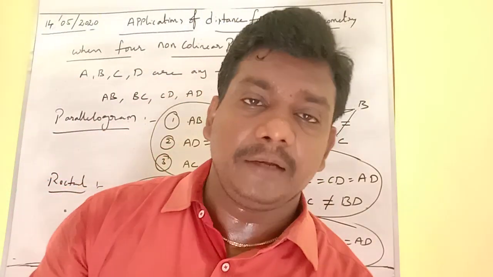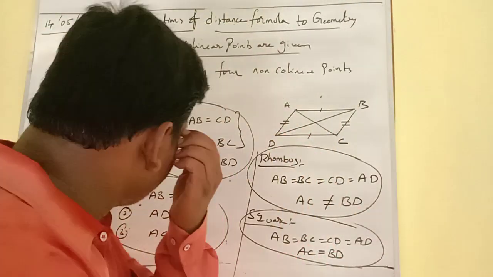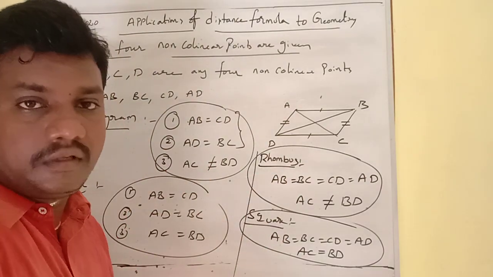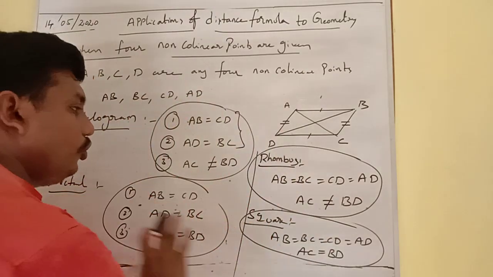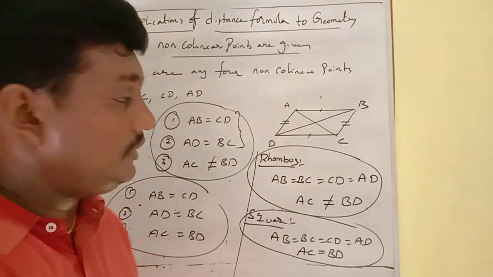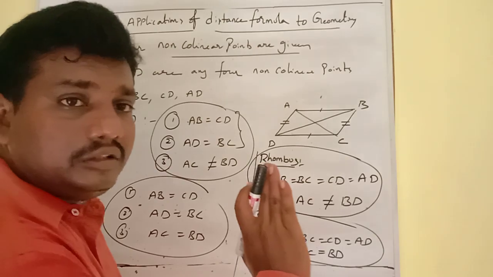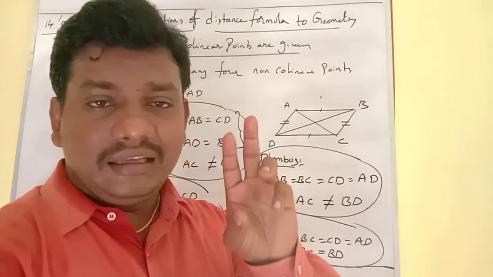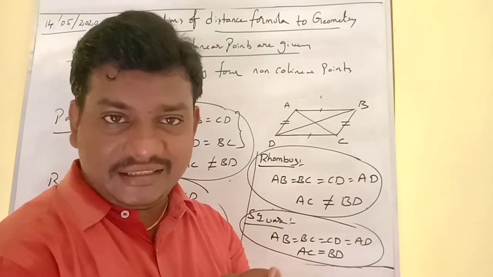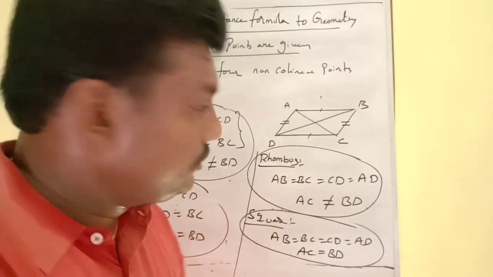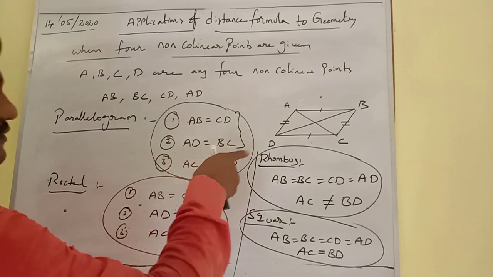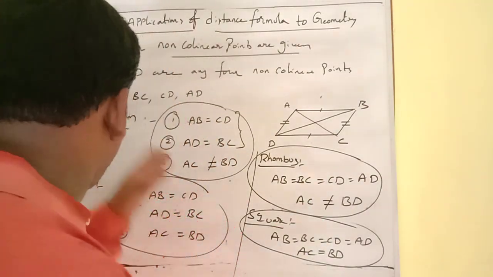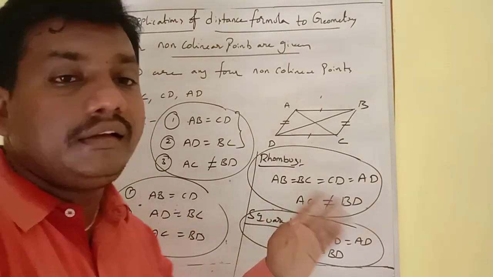These are the special types of quadrilateral we discussed here: the parallelogram and rectangle, rhombus and square. These 4 types are very important for questions. For these 4 special types of quadrilateral, we must find only 6 distances, that is 4 sides and 2 diagonals. If you know the properties very well, it is very simple to find whether the given quadrilateral is a parallelogram, rhombus, rectangle or square.